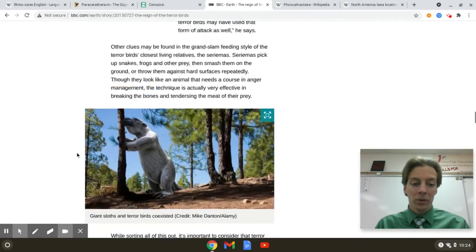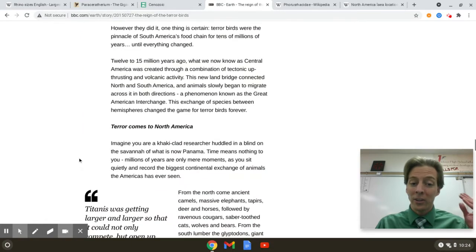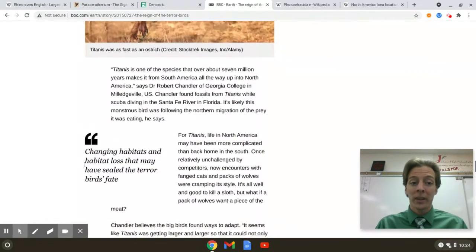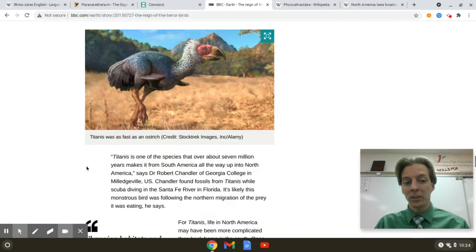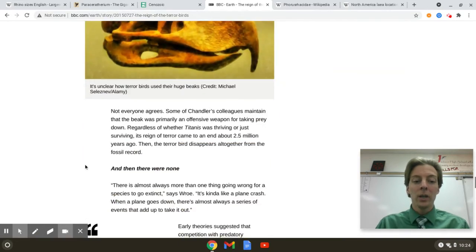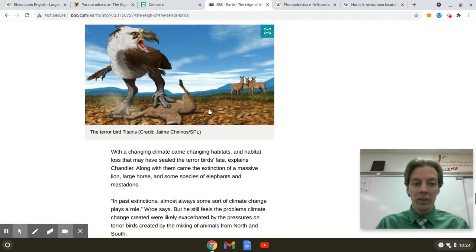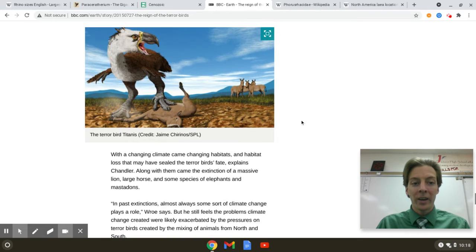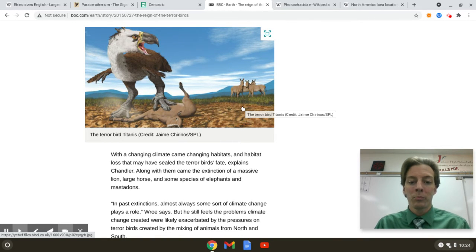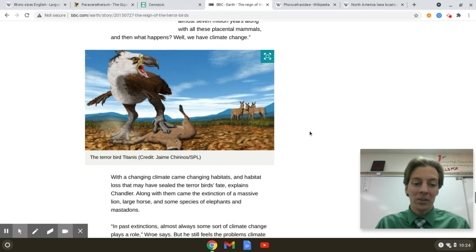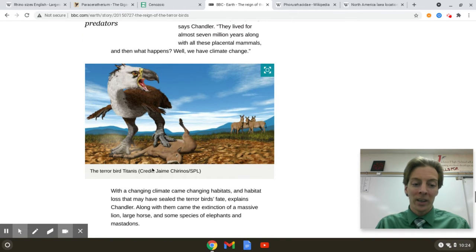And there's this article all about how they hunted. Did they just chase you down and peck you down, or did they shake you, or just jump and hop on you? Huge things. There's a good scale. Taking down a prehistoric horse, the terror bird Titanis. It's huge.